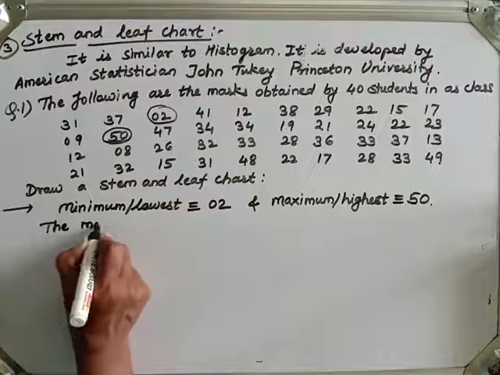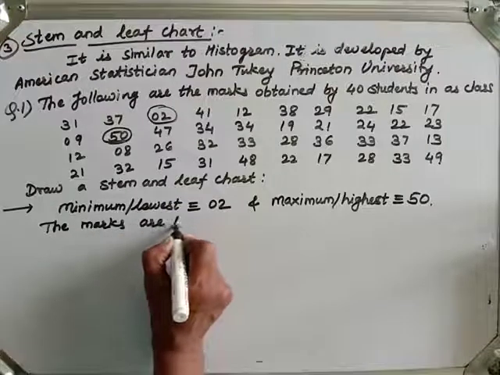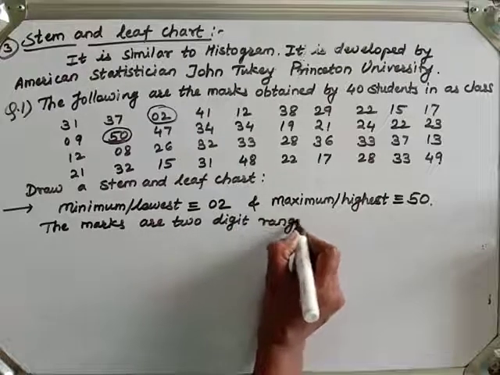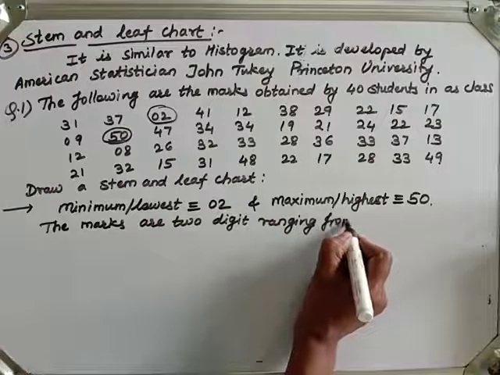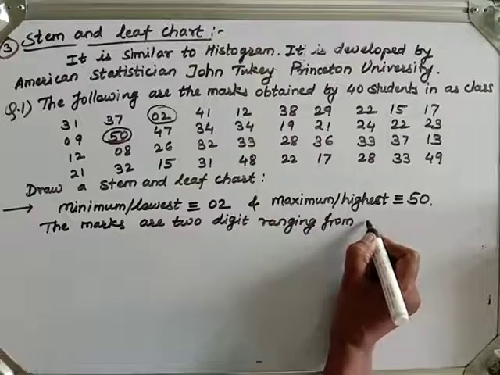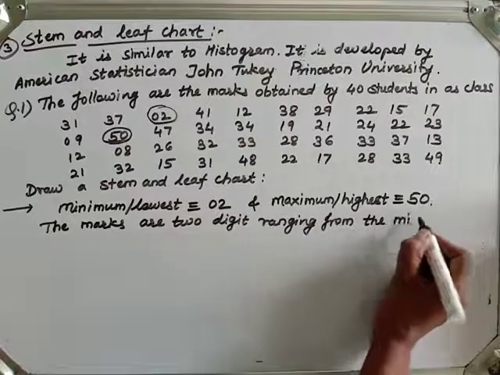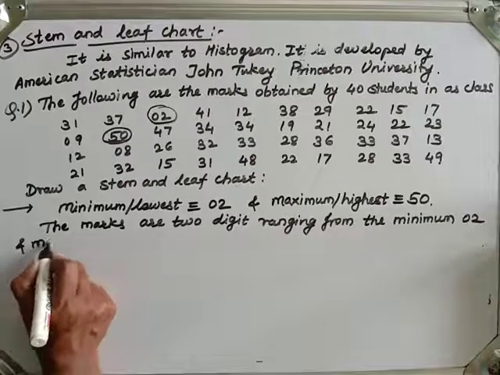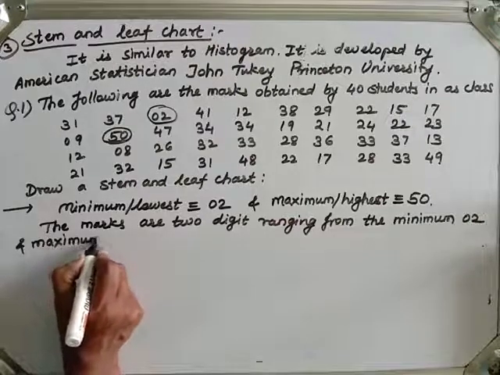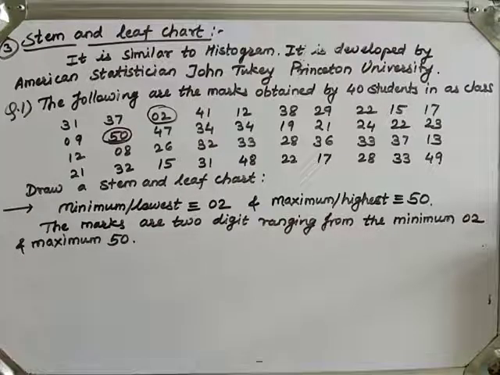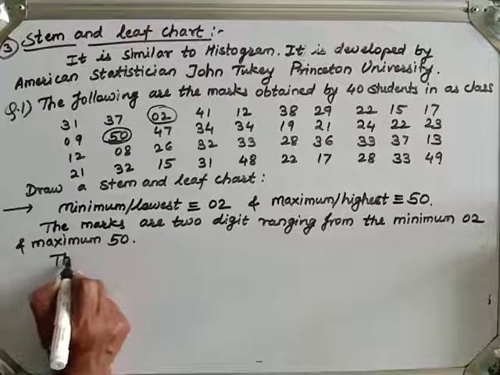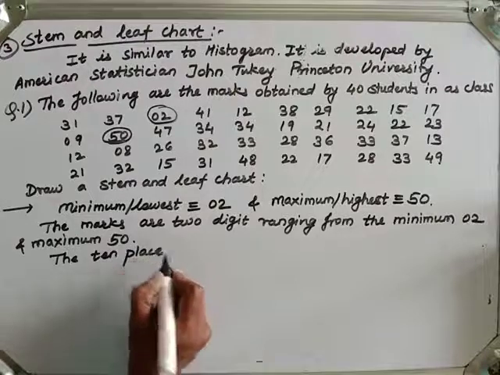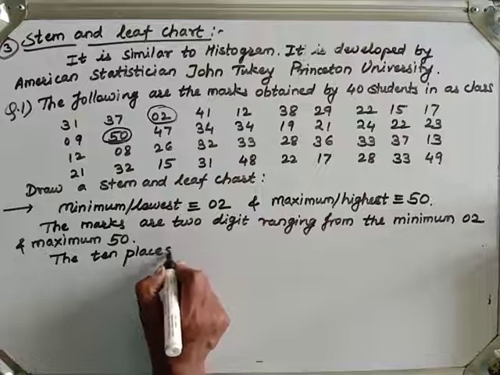So the marks are 2-digit numbers, ranging from the minimum 2 to maximum 50. Here the tens place of those 2 digits